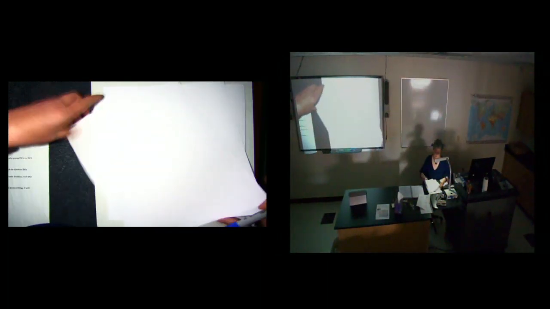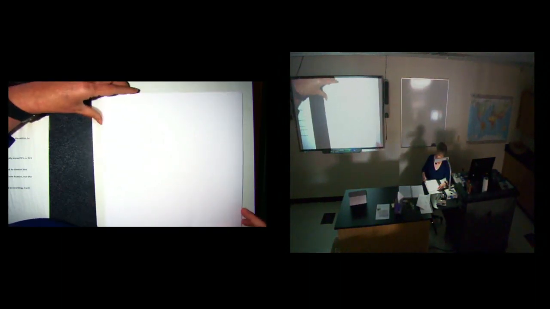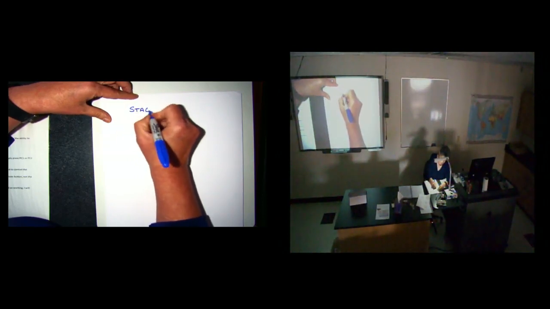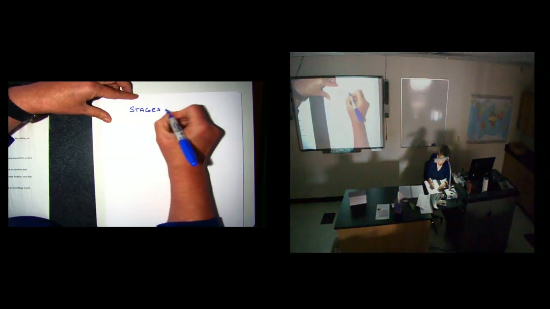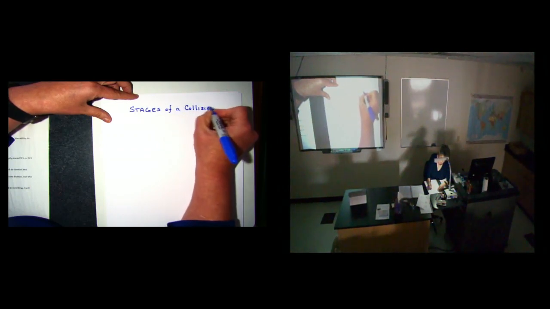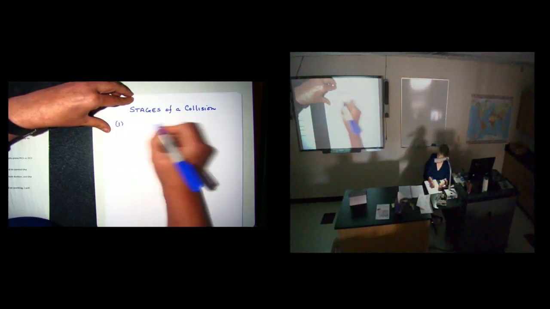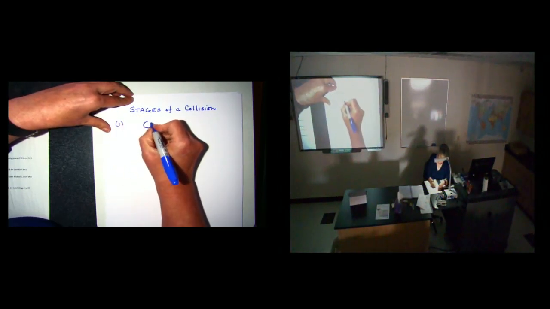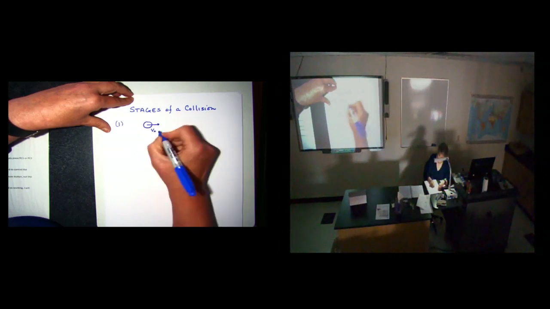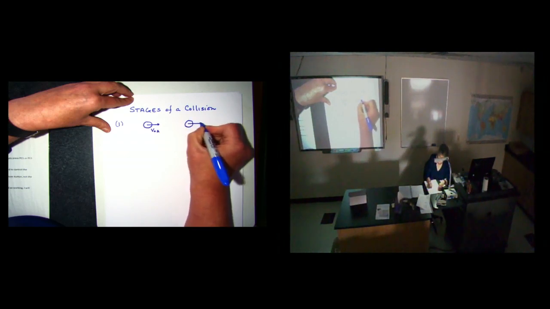So at first, let's take our billiard balls. Ball A is traveling with an initial velocity, and ball B is traveling at an initial velocity. The thing here is we're going to say that the initial velocity of ball A is greater than the initial velocity of ball B, so that we know that a collision is going to happen. Okay? At the impact,